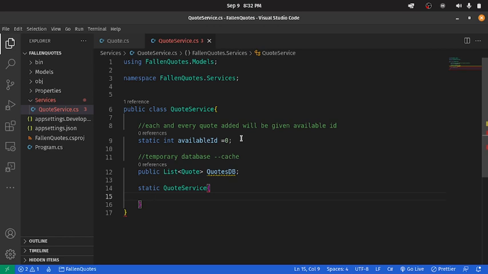This means that we no longer want any other class to be able to create an instance of the quote service. So once we call this static, let me just put parentheses here. Now we're saying that this class is no longer instantiable because we called this static quote service constructor. Whenever you're creating a static constructor, you're now saying that this class must not be instantiated